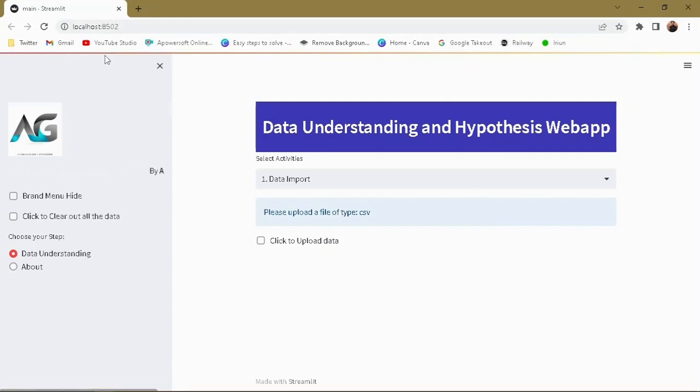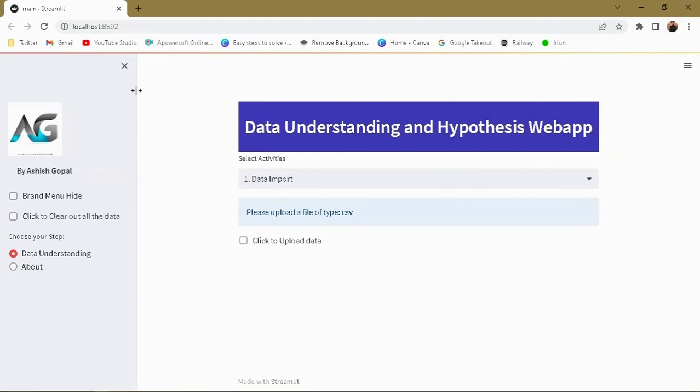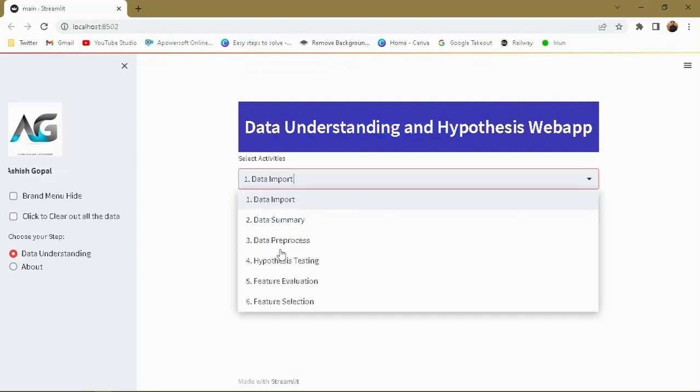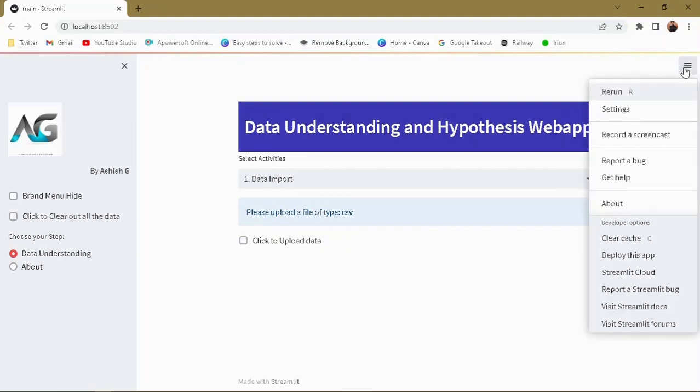This is called the sidebar, and this is the main window. In the sidebar you can toggle this to increase or decrease the length. Also you can close it and then bring it back. The different options present in the sidebar are an image, markdown text, and some checkboxes and radio buttons. In the main window you have some text, then there is one select box and some checkboxes, and here this hamburger sign is specifically for Streamlit,